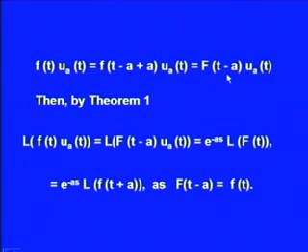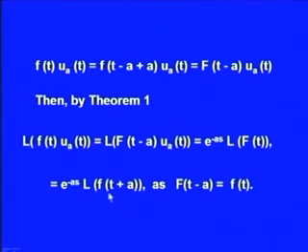F(t) is equal to f(t + a), because we have assumed that capital F(t − a) is equal to small f(t). So F(t) is equal to f(t + a). So we get the Laplace transform of f(t) u_a(t) equal to e^(−as) times the Laplace transform of f(t + a). So whenever we want to find the Laplace transform of the function f(t) u_a(t), we will write it as e^(−as) times the Laplace transform of